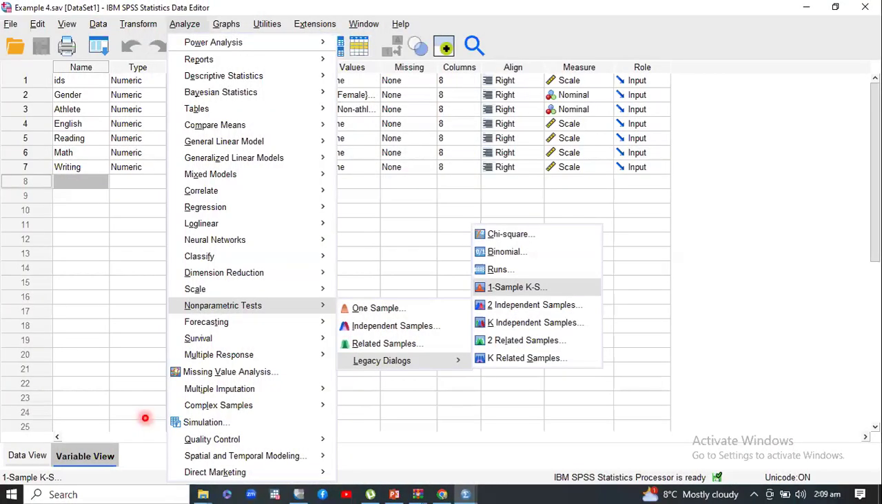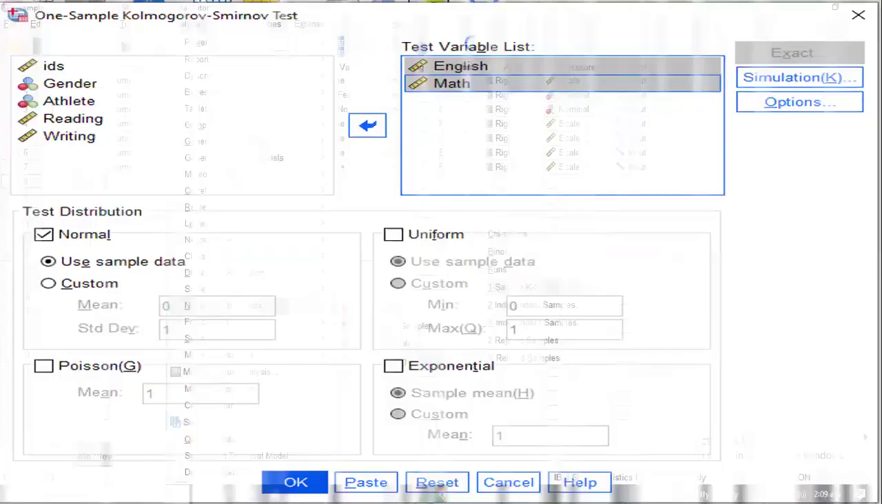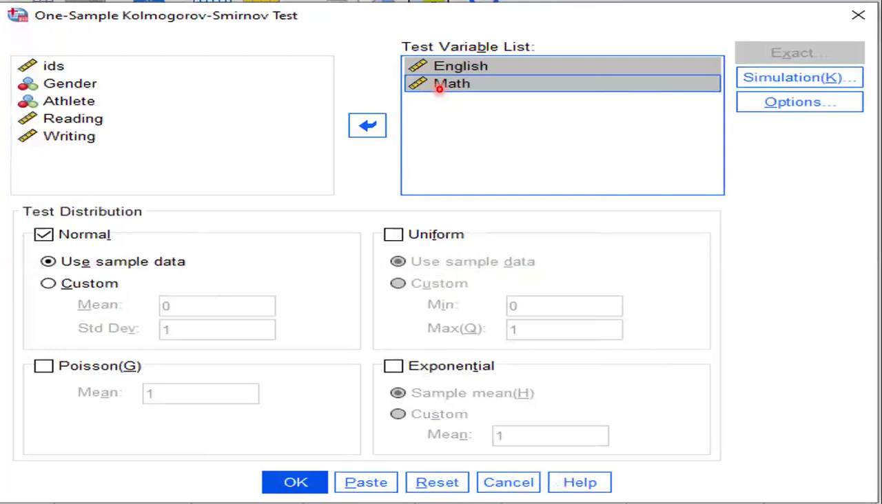First, we need to check the normality using the same procedure. Go to the Analyze button, go to Nonparametric Tests, go to Legacy Dialogs, then go to One-Sample KS. Then you need to put your continuous variables, because here we are using two continuous variables, that is math and English. So you can put both of these two continuous variables in the test variable box, and you need to click OK, and then you can find out that both of